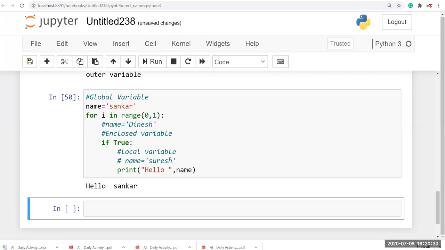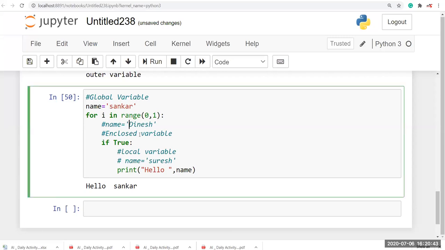Okay. And this is the order in which Python handles its variables. First, it will check if there are any values in local, and it prints that. If it is not there, it goes to the enclosed variable and checks if there is any value in name. If it is here, it prints that value.